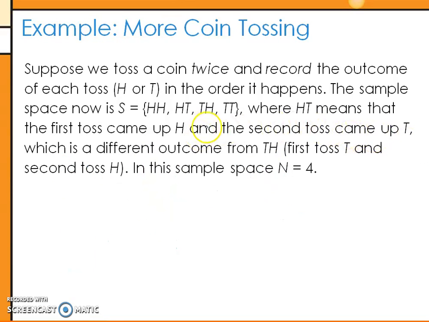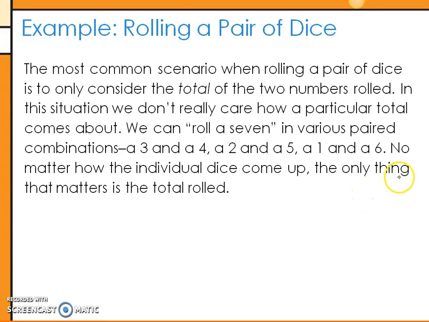Similarly, let's say we toss a coin twice. I could get heads, heads; heads, tails; tails, heads; or both tails. So my sample space looks like this, and N is 4, because there are 4 different things that could happen. For short sample spaces, it's nice to write them out and see what's going to happen. For larger ones, we might want to come up with some tricks to tell the number of items in the sample space without having to write the whole thing out.